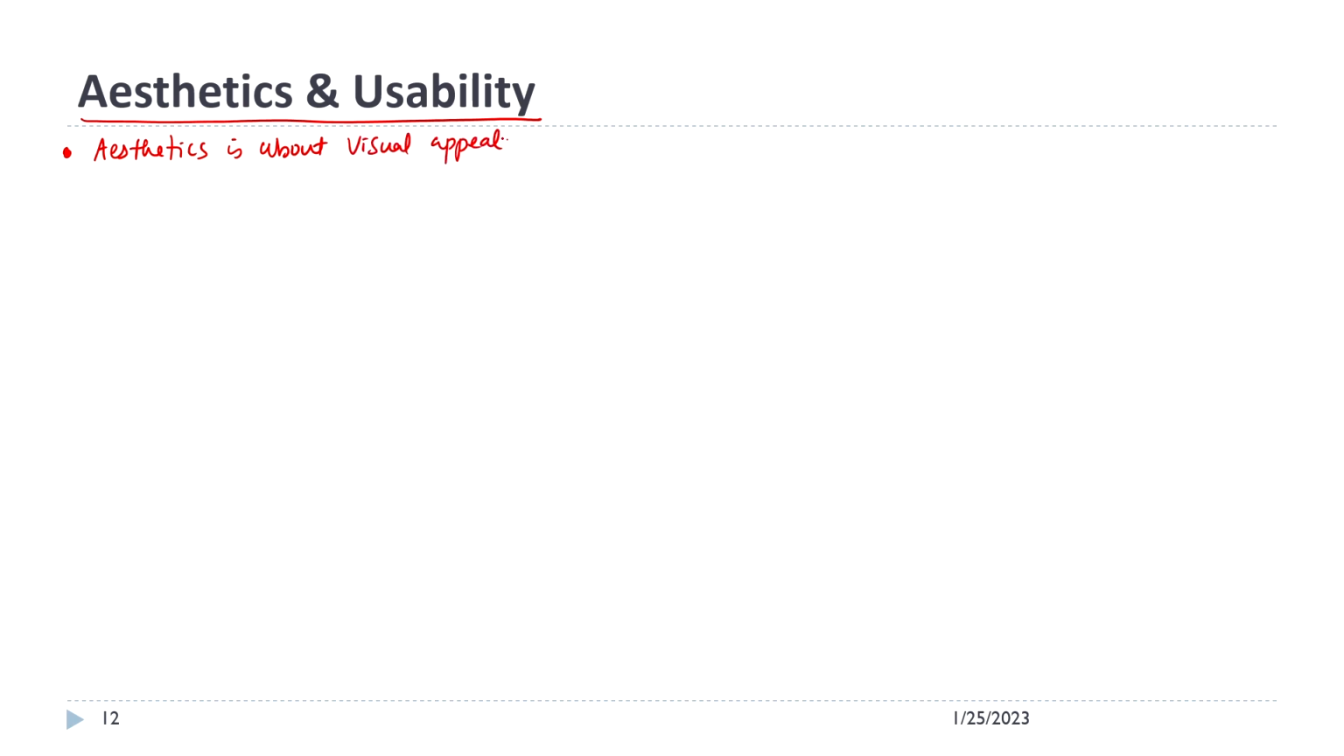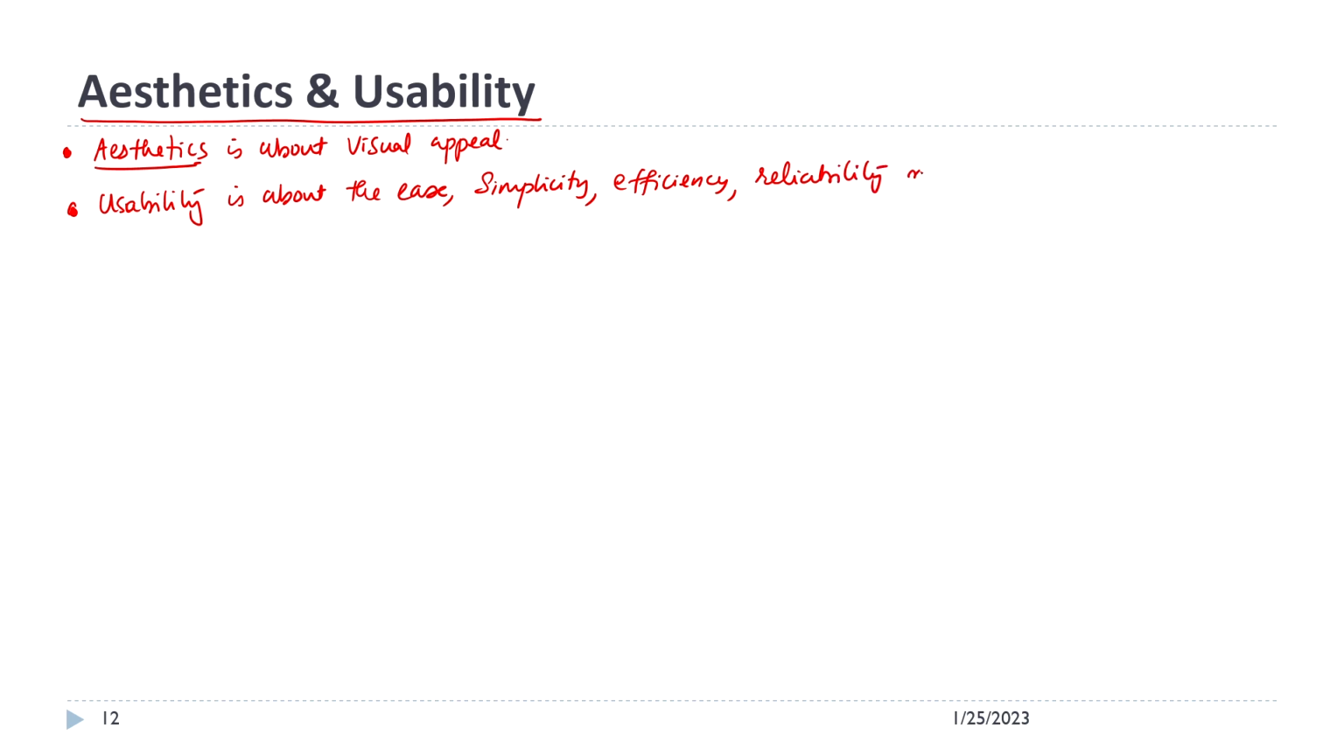Okay. We are talking about the visual appeal of the user interface, so that is aesthetics. What usability is about is the ease, simplicity, efficiency, reliability in using the interface. So, what we are saying is that the aesthetics is about the visual appeal, whereas usability is about the